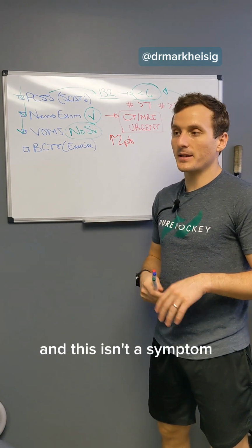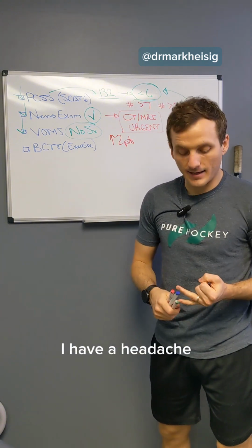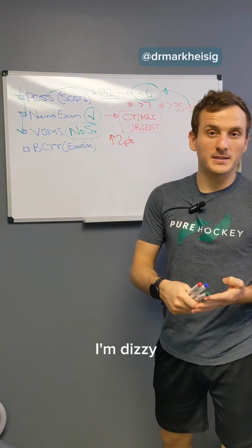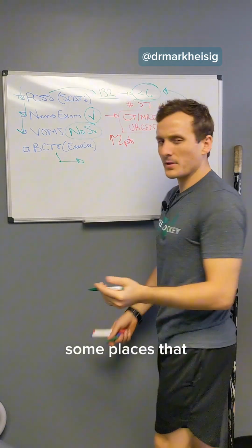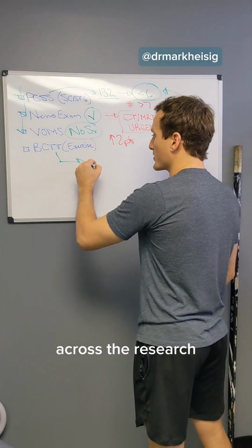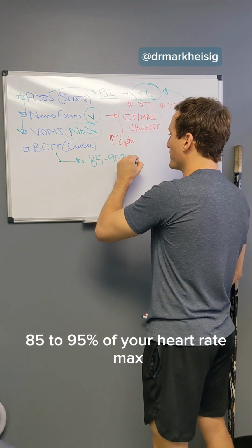And this isn't a symptom like I'm winded or my legs feel heavy. This is I'm nauseous, I have a headache, I feel like I'm going to fall over, I'm dizzy, things like that. And so to pass this test, some places say you should be able to reach your maximal heart rate. Across the research, we want to see that you can at least reach 85 to 95% of your heart rate